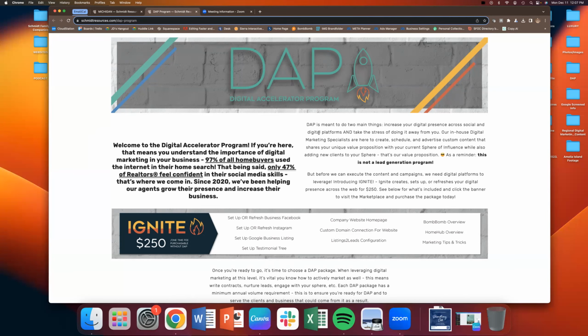So the goal of DAP is right here on the first line on this right-hand side. DAP is meant to do two main things: increase your digital presence across social and digital platforms, and take away the stress of you having to do it. So those are the two main value adds. That's the main purpose of this: get your digital presence increased across social and digital platforms. You are everywhere. And then take the stress away from you having to do that,